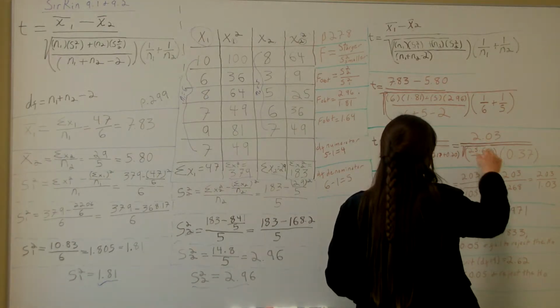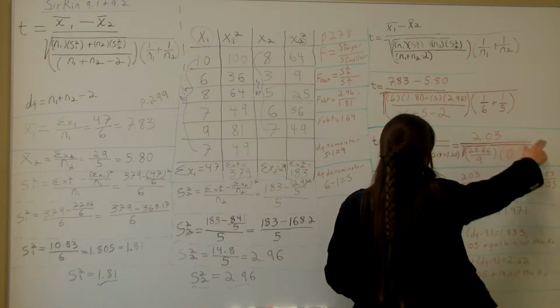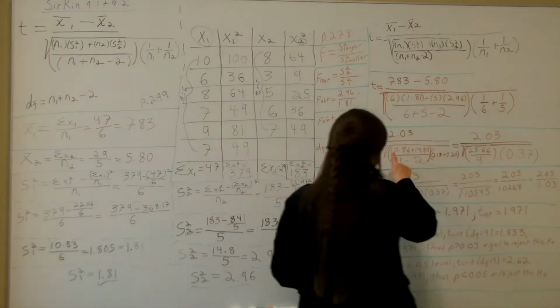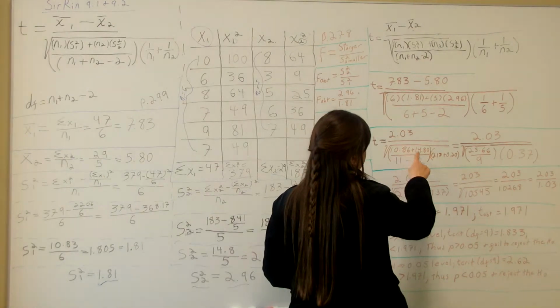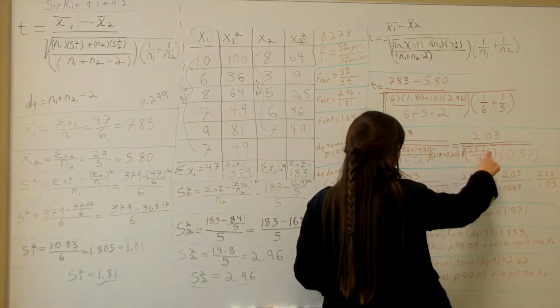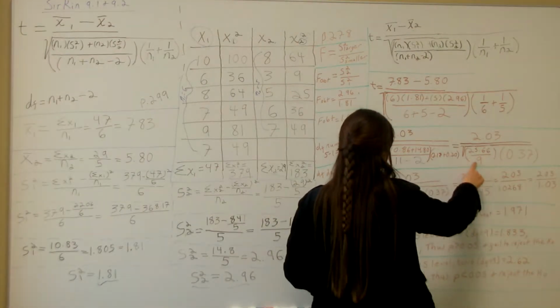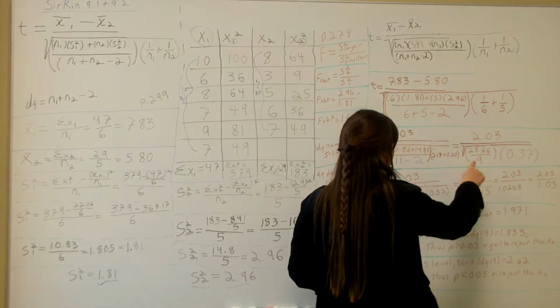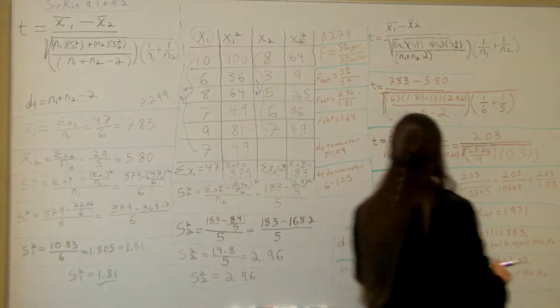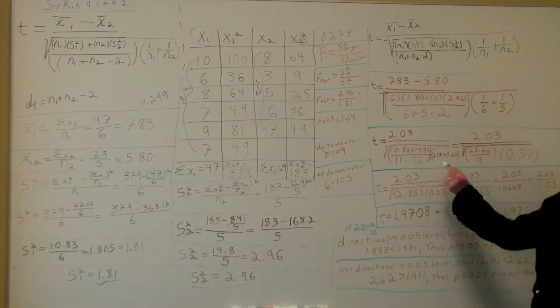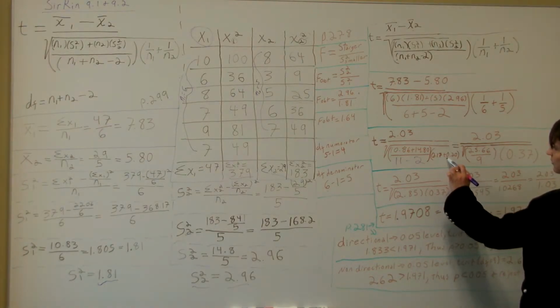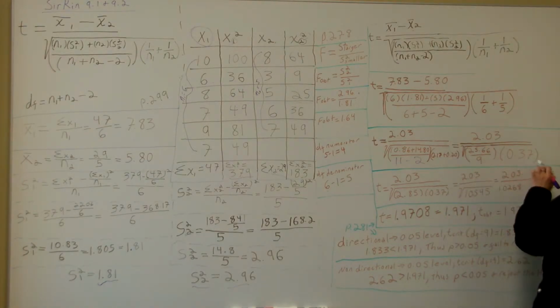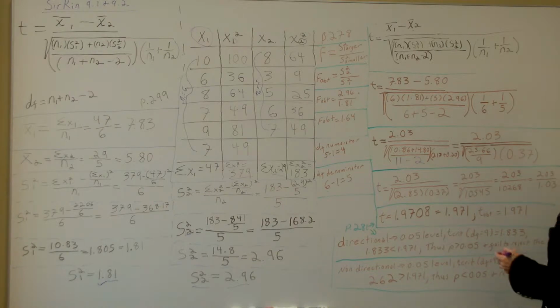And that equals 2.03 divided by, see, 10.86 plus 14.80 equals 25.66 over 9, which is 11, take 2 from that, that's 9. And over here we have 0.17 plus 0.20 equals 0.37. Okay. The next step,